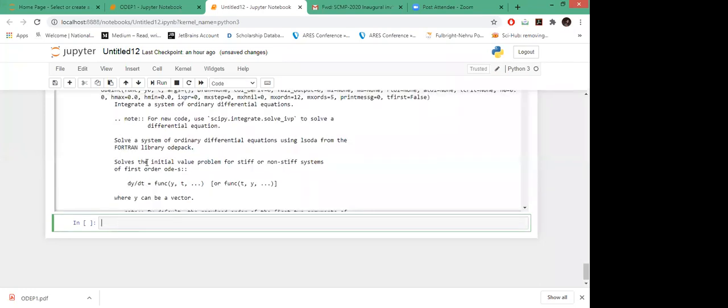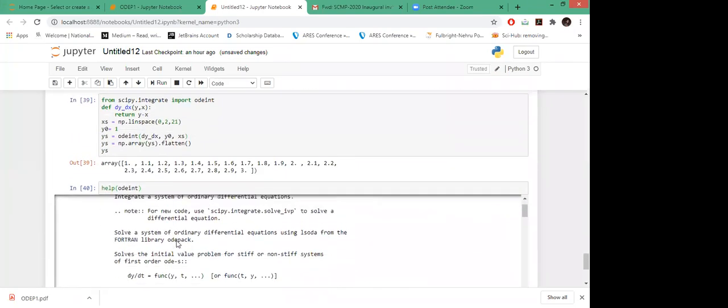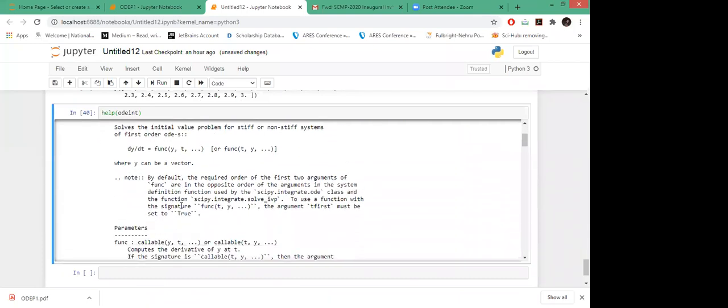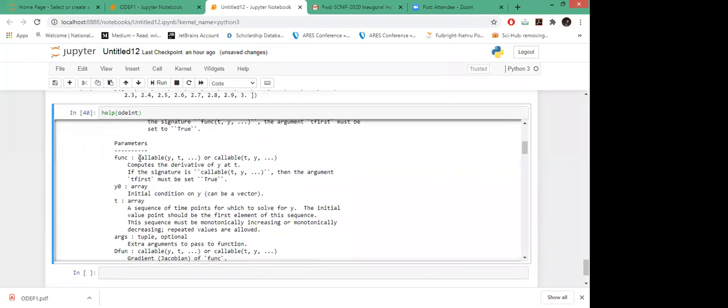Okay, so see, in this, the function f has to be passed in callable form. Here the signature is a callable function, where the argument t comes first, and this y naught is your array.